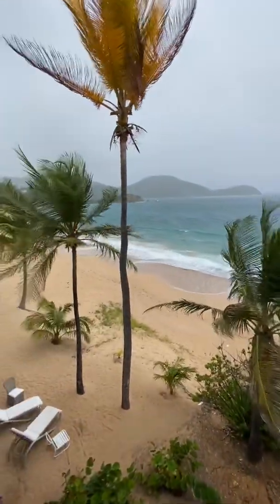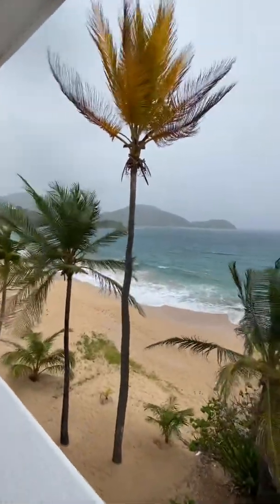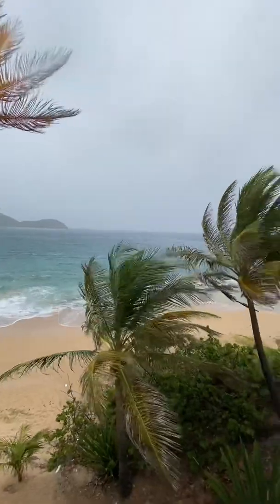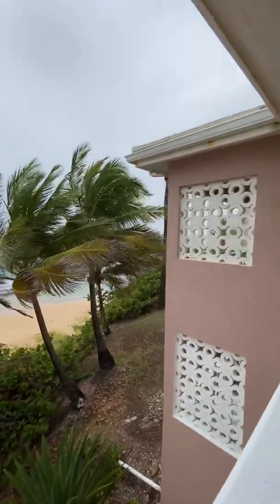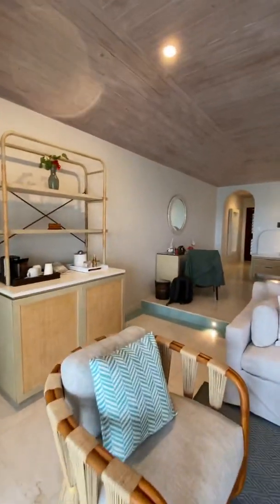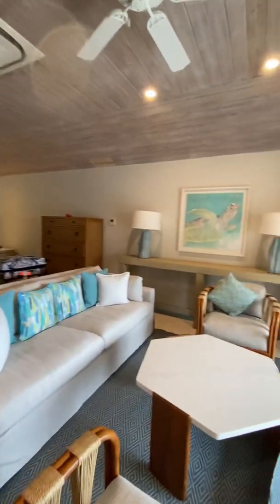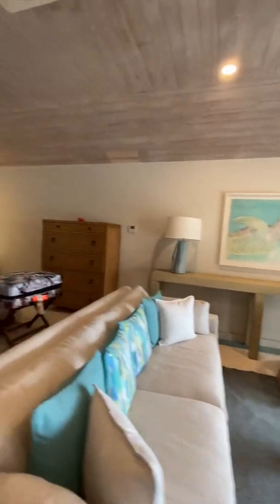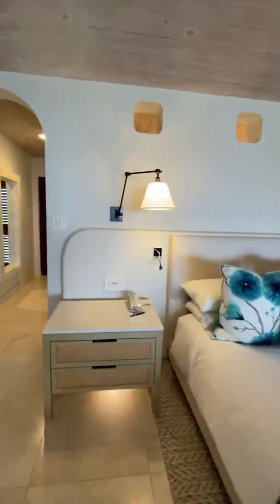So this is the surf side. I don't see anybody out on the beach for good reason. But Curtain Bluff also has a bay side, which is calmer, so we'll go there after. This is again a junior suite room facing the ocean,